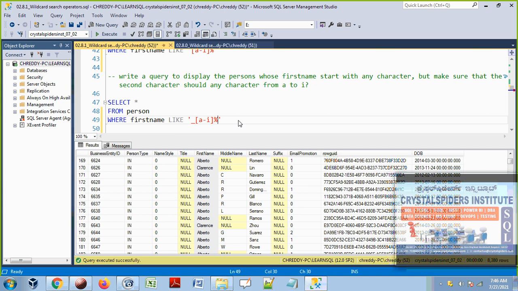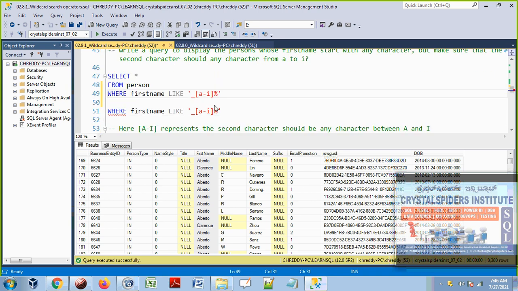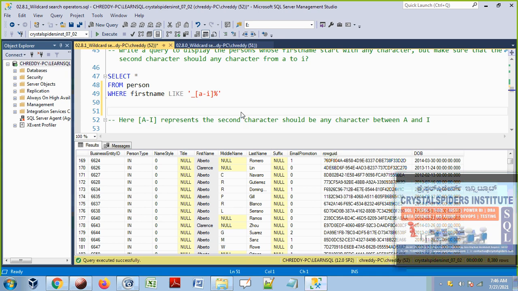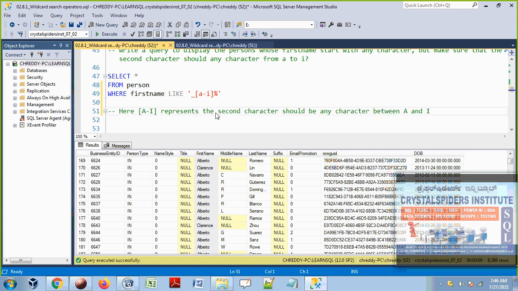Any number of characters are there, it is going to be considered as matching. So this is what the pattern is, guys. Here A to I represents that the second character should be any character between A to I, because we mentioned the square bracket in the second position. In the first position we mentioned underscore. Underscore represents any character, only one character. And in the second position we mentioned the square bracket. That means any character from A to I. Hyphen represents A to I, guys.